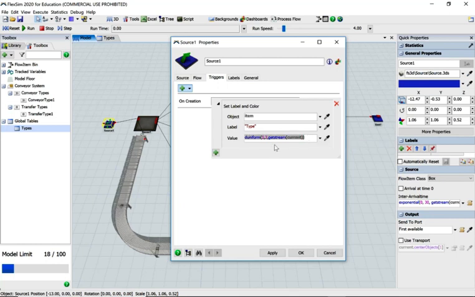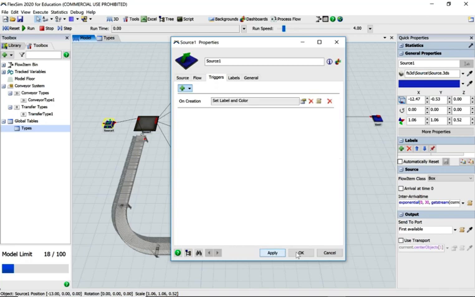change that to empirical, brackets, and it's offering types. So it's an empirical expression, and it's going to call up the table types. So it'll give us some randomness in how it selects them, but the percentages will all be set by the type, the global lookup table. So if we click on apply and OK,